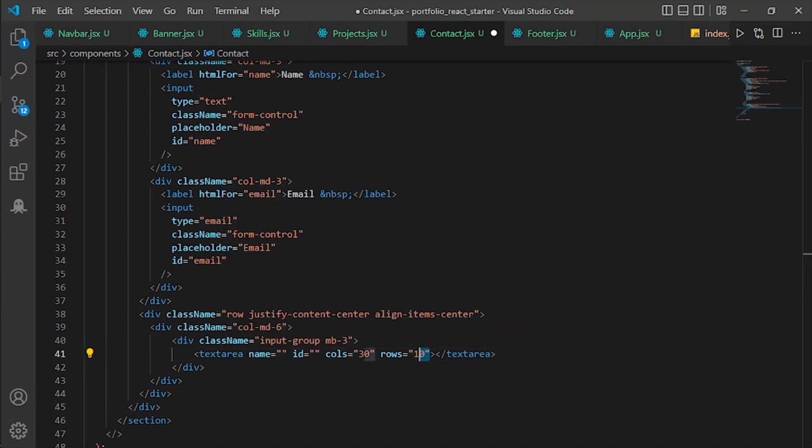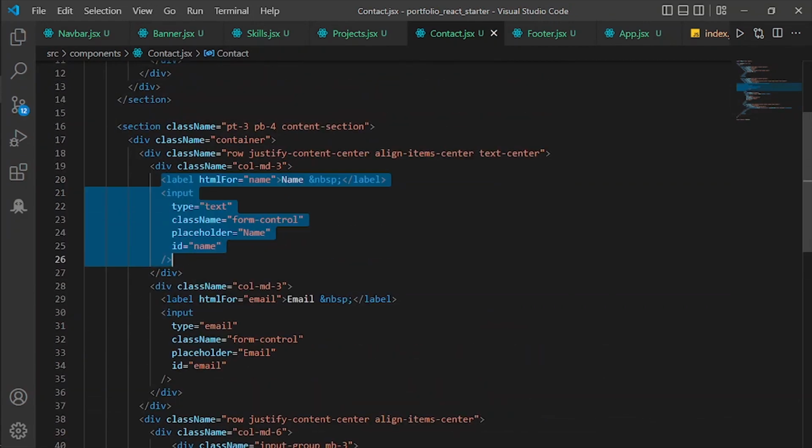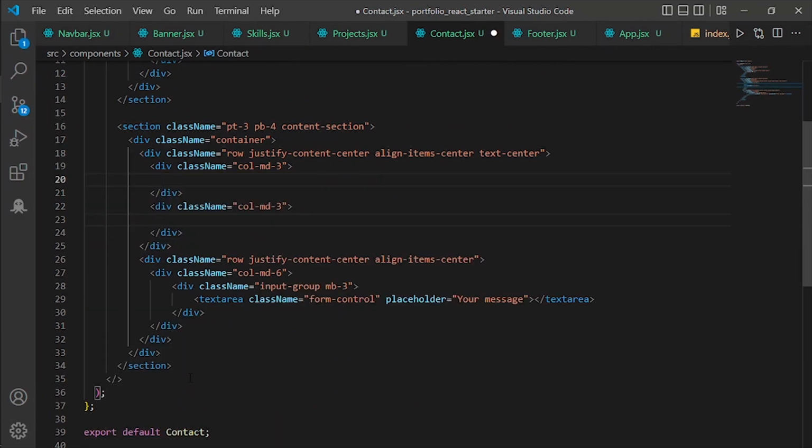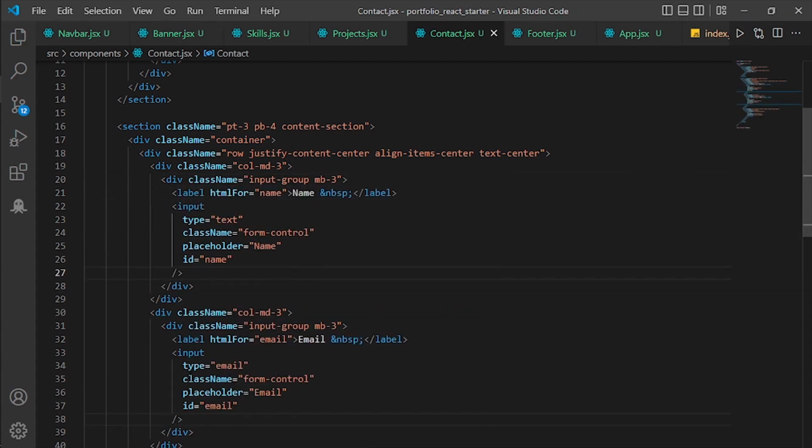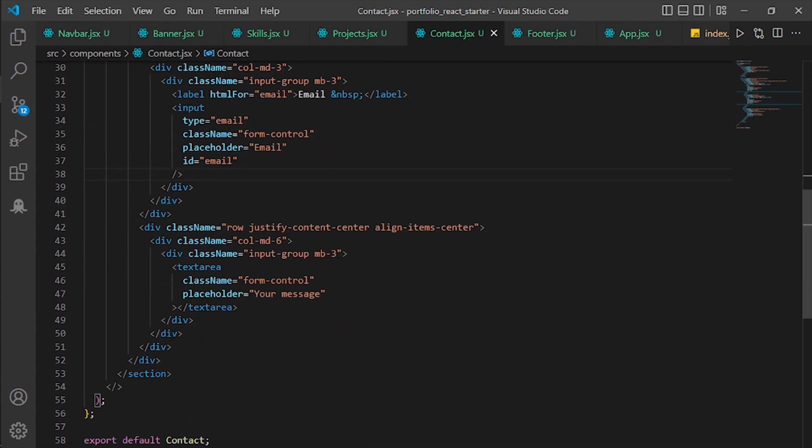We don't need this attribute. With a className equal to form-control, and placeholder is "Your message". And then also I forgot to wrap all of this in the input group mb-3 as that here. I'll Shift F, and for the last we will have the